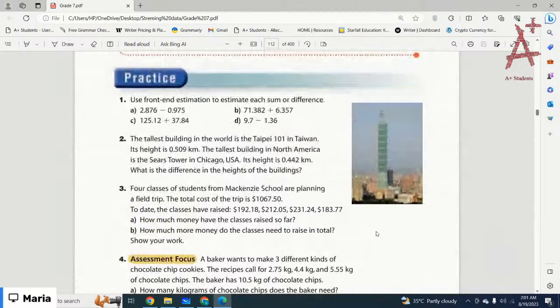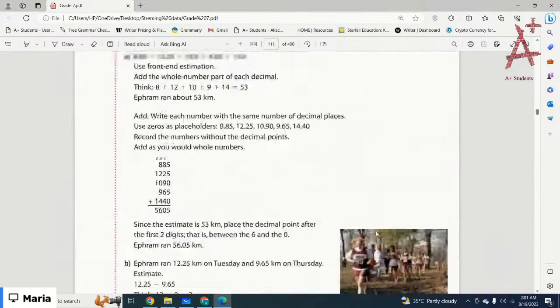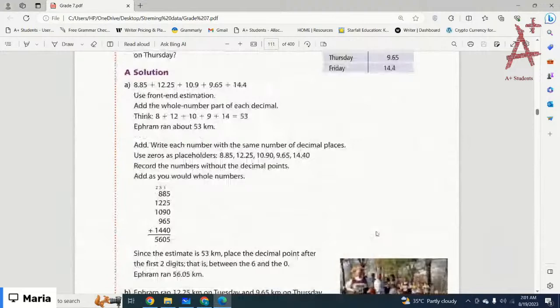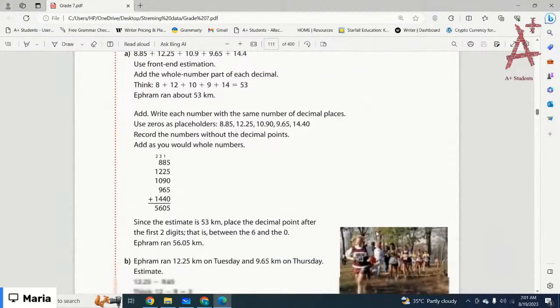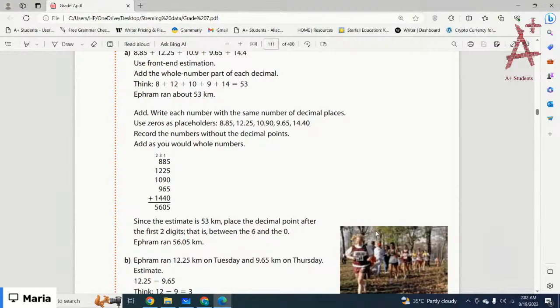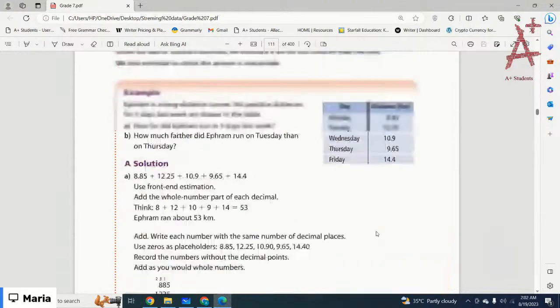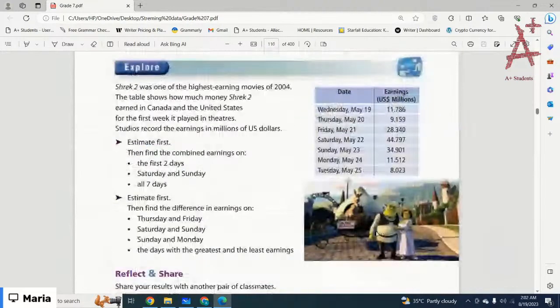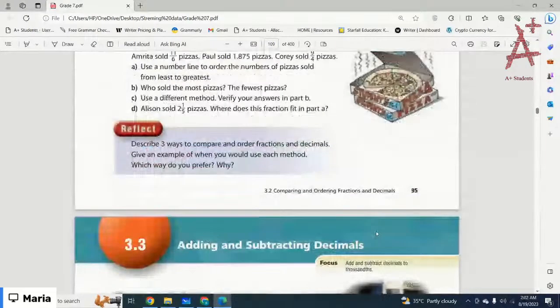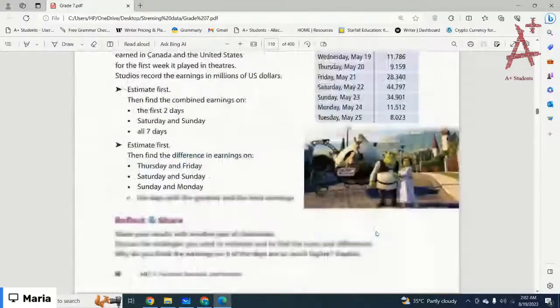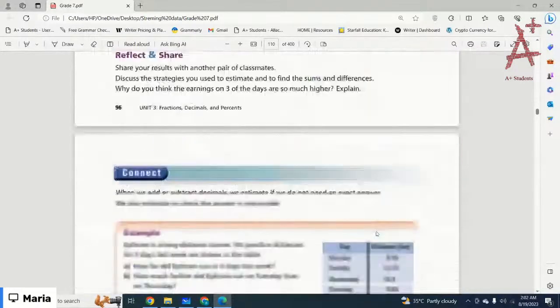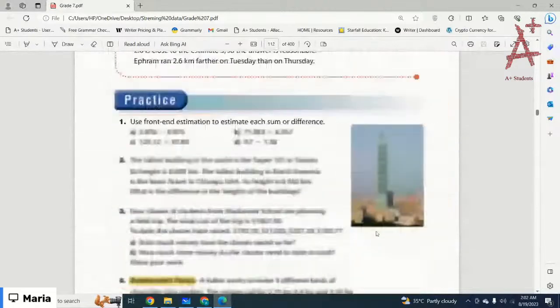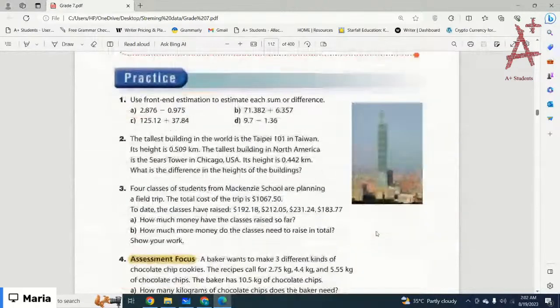Okay, here we are on the practice questions. Use front end estimation to estimate sums or differences. Let me see which is front end estimation. Hold on, let me just see front end estimation. Okay, so you have to subtract 2.876 and